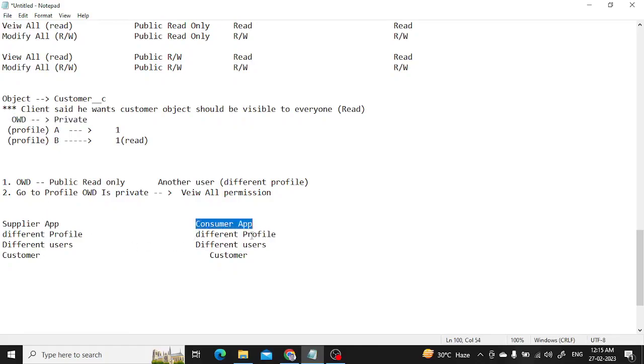this profile cannot see, because OWD is private, so only the owner can see. But for this profile I'm opening the access by view all. So I will go to this profile, whatever profile the supplier app is having, and on this profile I'll enable the view all permission. So they have the same profile, OWD is private, and I have given view all on this profile. So once I give the view all permission, what will happen